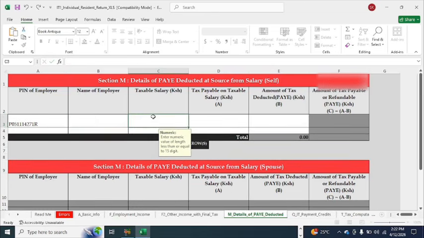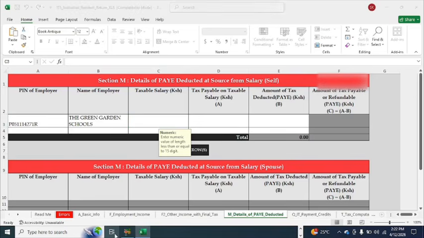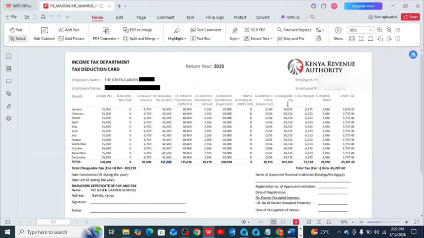Okay, the taxable salary. The taxable salary is the salary which will be subject to the tax. You may find it referred to differently on your PIN form. In my PIN form, they name it chargeable pay. They are just synonym names, which will be used here, which is 459,192. To avoid making a lot of mistakes, I usually recommend you just highlight it, copy,